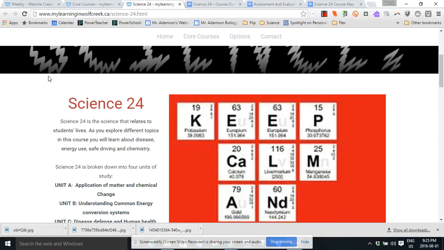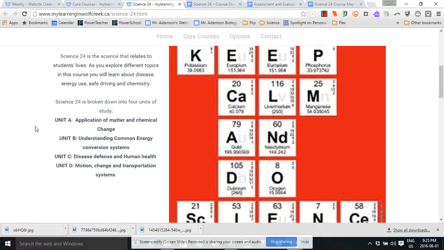Just to give you an overview of this course, Science 24 is a science course that relates to students' lives. As you explore different topics in this course, you'll learn about disease, energy use, safe driving, and chemistry. So just to give you a further idea of how Science 24 is broken down, there are 4 major units